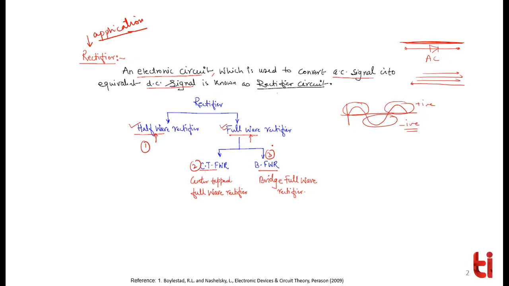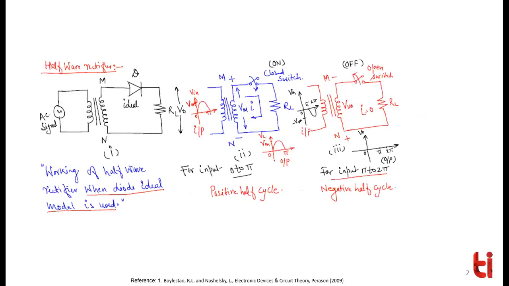We will look at all three, one by one. So let me start with the half wave rectifier. Generally, this is the circuit for a rectifier. You have a transformer here, an AC signal here, then a primary coil and a secondary coil of this transformer. In the wire, you have placed one diode, and you have a load resistance.